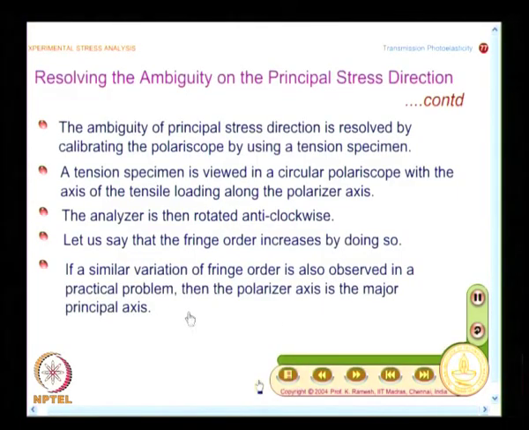So, what is summarized here is, if a similar variation of fringe order is also observed in a practical problem, then the polarizer axis is a major principal axis. So, you need to have some kind of calibration of the polariscope. I said this is part and parcel of any experimentation. If you want theta for the major principal stress direction and minor principal stress direction to be determined, that kind of association needs to be done. It is possible to do experimentally, and in fact